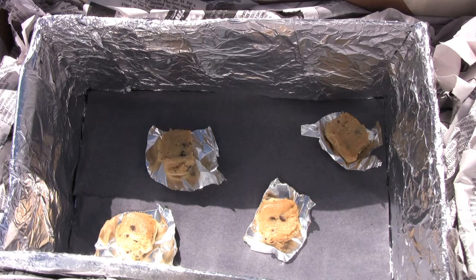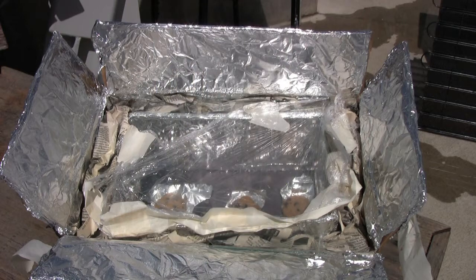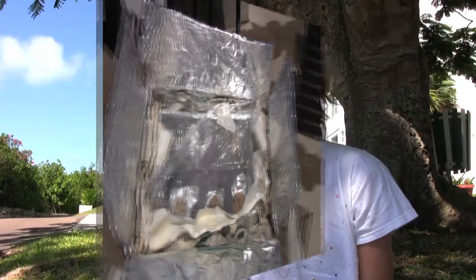boxes that we made. The smaller one, we put black paper on the bottom and coated the outside and the inside with tin foil. And we put that in the larger one and covered the flaps on the sides also with tin foil. And then we put the newspaper around in between the small and the larger box, and we put the cookies on the bottom of the black paper. So the black paper is going to absorb the light and the tin foil is going to reflect it and